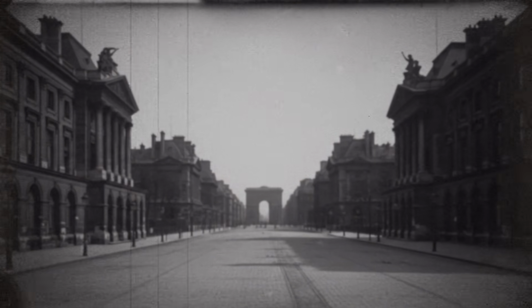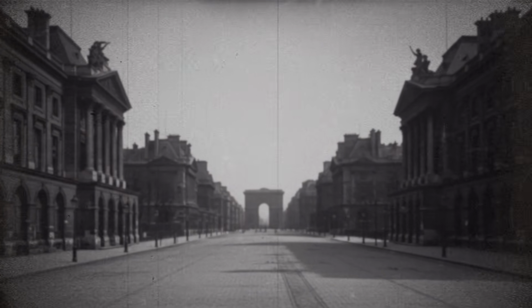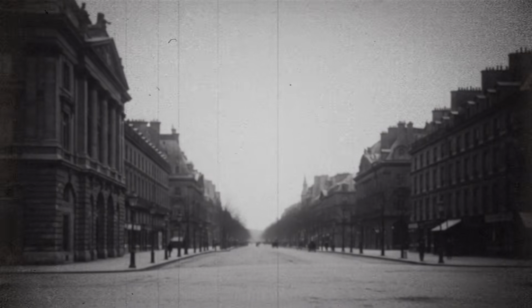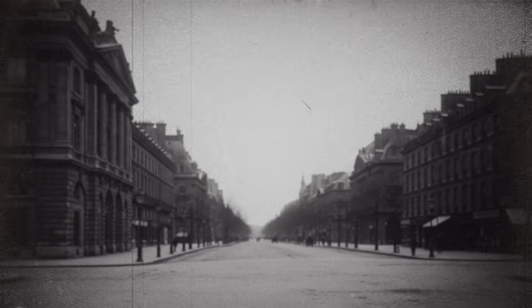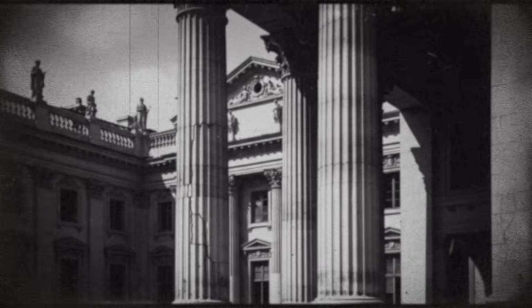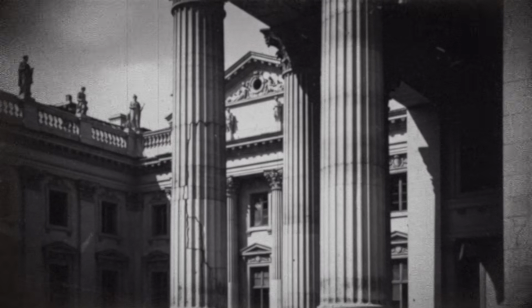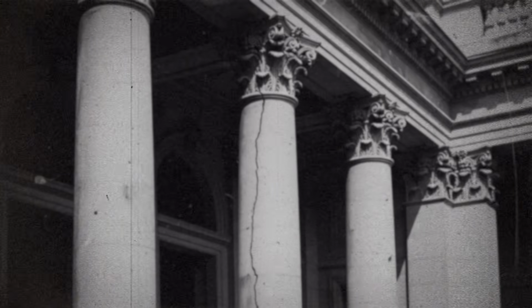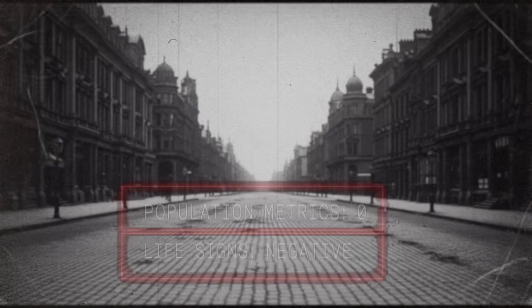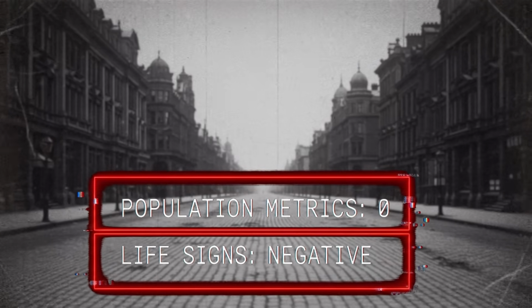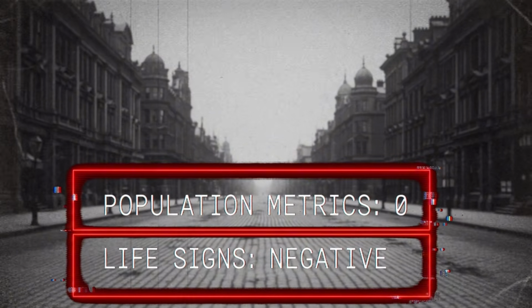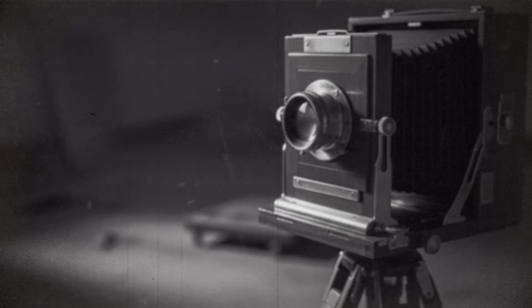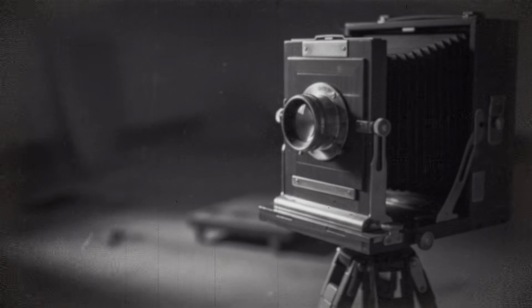Look at the photograph. It's Paris, Boulevard du Temple. The year is 1838. Look closely at the magnificent stone facades, the perfect sweeping avenues, the towering monuments of a supposedly thriving empire. Now, tell me what is missing. There are no people. The official historians are already screaming the answer.